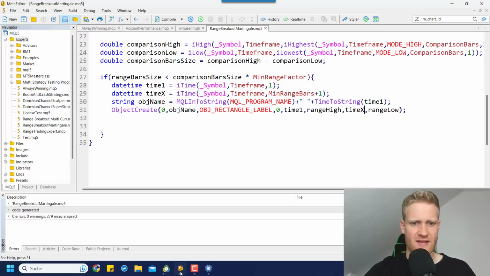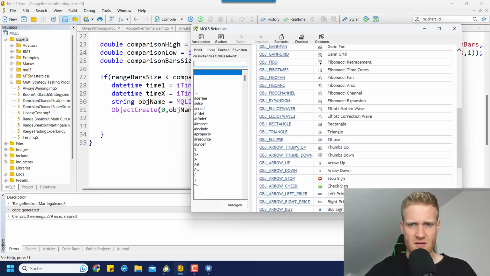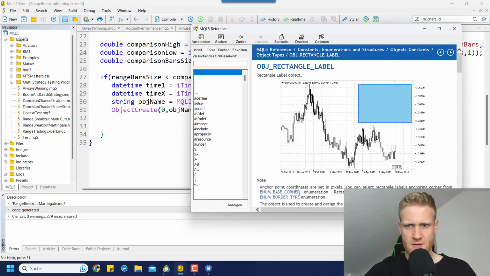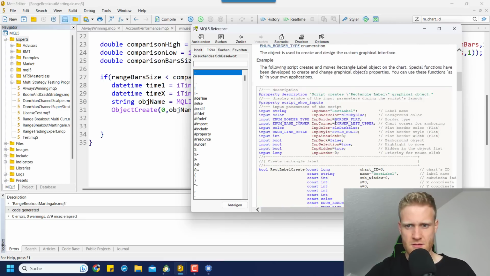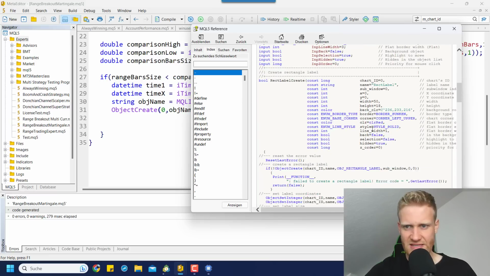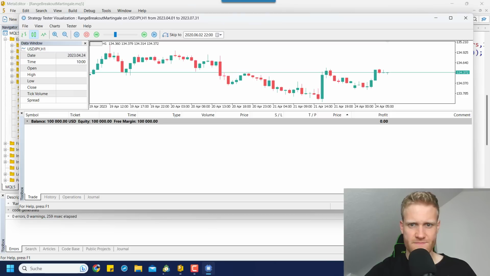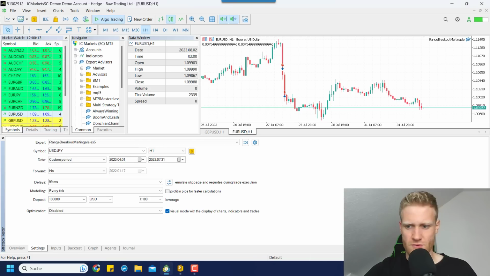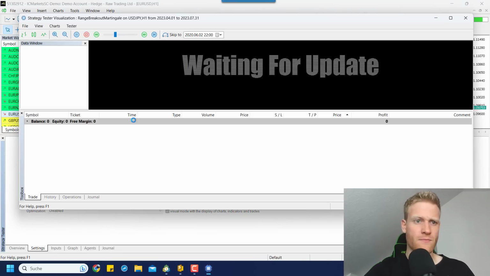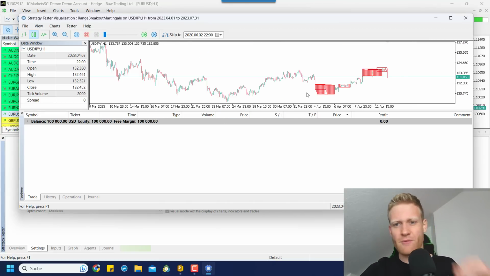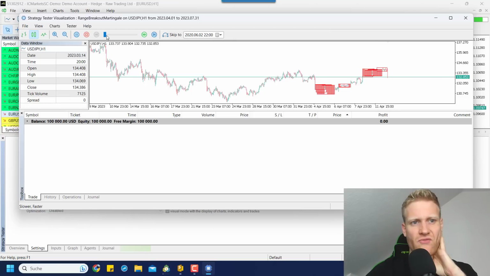I think it's not the rectangle label, it's the normal rectangle maybe. I think rectangle label uses coordinates. Yeah, just use the rectangle here. Try this out. So let's give it another go here. So there are a lot of rectangles, and yeah, but I think we kind of find